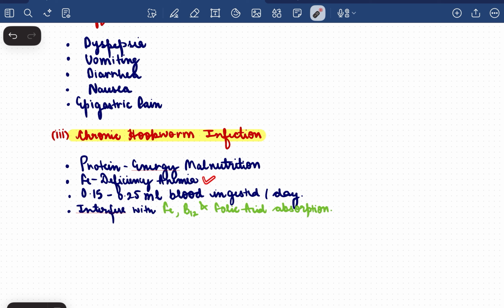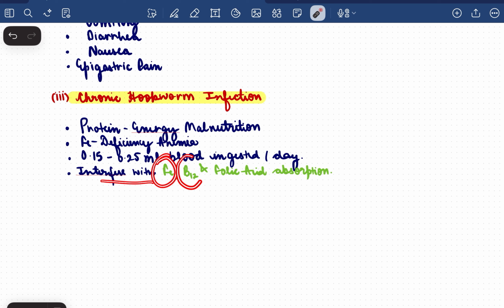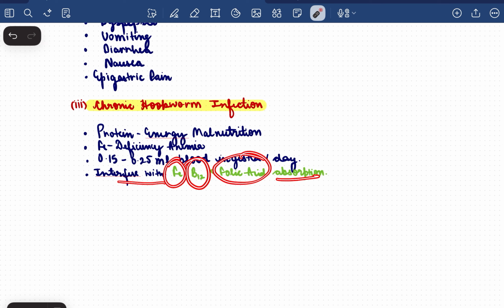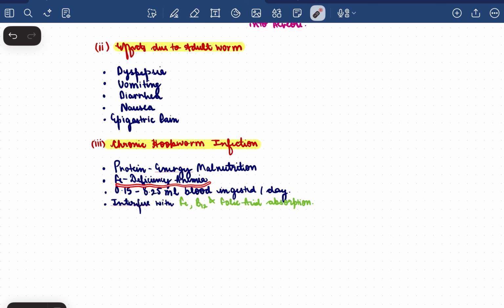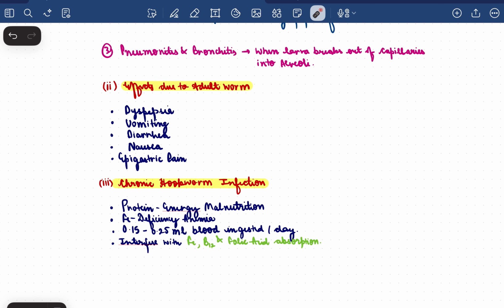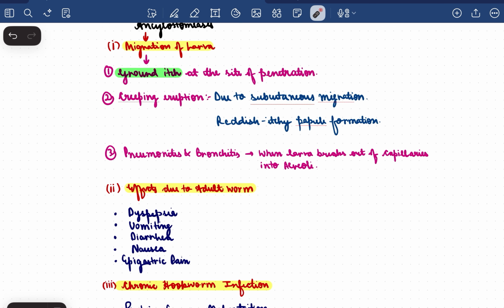That is because it ingests about 0.15 to 0.25 ml of blood every single day, which is quite a lot considering how much blood we have. And it also interferes with iron, B12, and folic acid absorption. So it is important for us to understand that when someone has ancylostomiasis, we usually are concerned with the iron deficiency anemia, and you cannot just give the patient anything, because